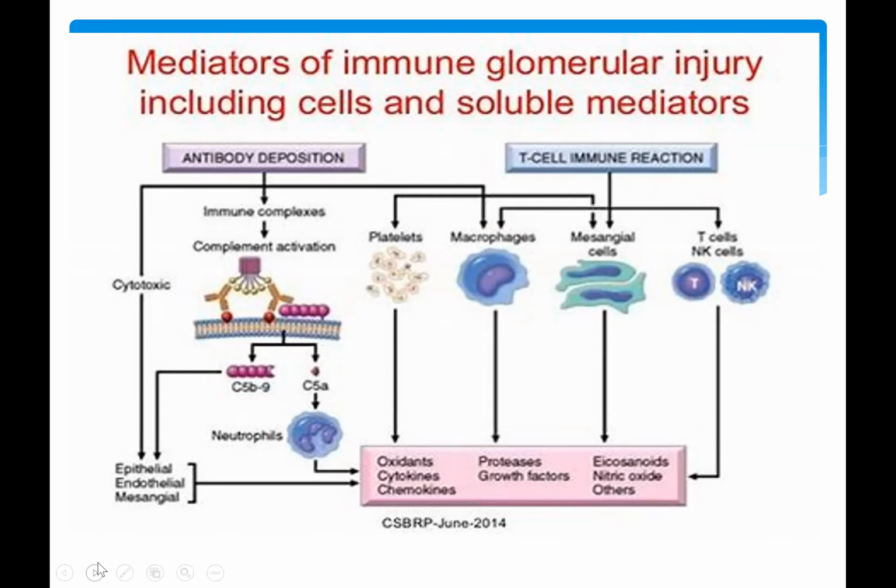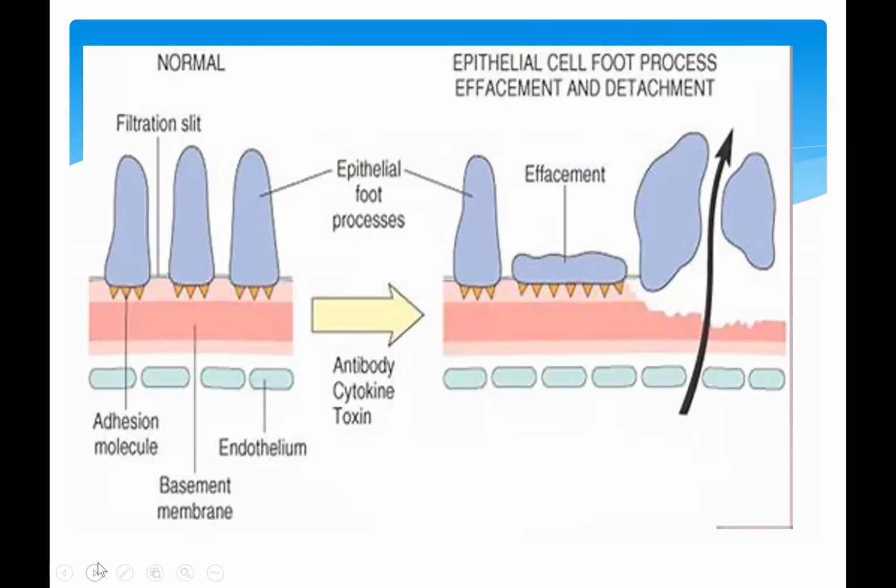So let us move. This is an example of an illustration showing you epithelial injury. So we have here again your podocytes. So let's try to review again. So as I have mentioned, that's your endothelial side. This is your glomerular basement membrane. That is your epithelial side in which you have the podocytes.